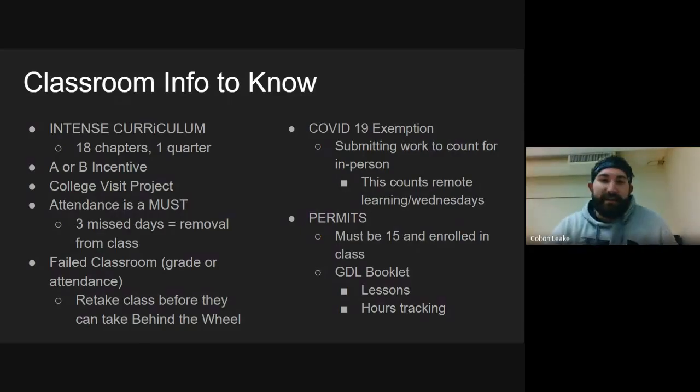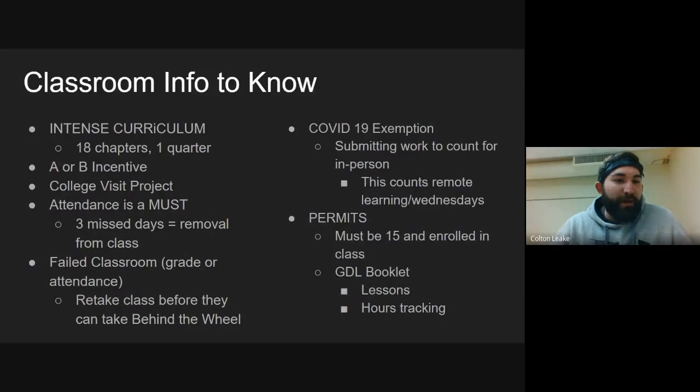This waiver is a testing form that we use in Behind the Wheel. If we believe your student is capable and ready, and usually we do because otherwise we wouldn't pass them through the driving portion, they are eligible to get that waiver, and then they do not have to drive at the DMV, usually. I say that because there are times where the DMV will audit waivers, and it's not a check on your child as much as it's a check on Mr. Grauer and myself to make sure that we are not just handing out waivers willy-nilly and not thinking twice about it. So that's that A or B incentive.